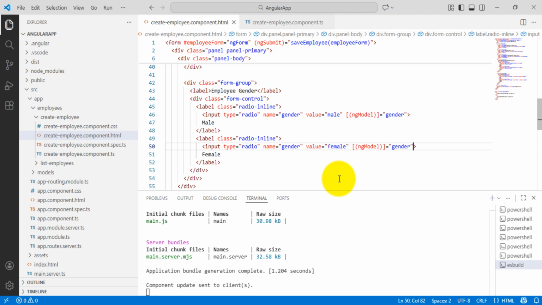So with Angular template driven forms, we use the ng model directive for two-way data binding. So the moment we put it back in place, the checked attribute doesn't work. To make it work, include a gender property in the component class and initialize it to the value of the radio button that you want to have checked by default. In our case, we want the male radio button to be checked by default. To achieve this, we need to include the gender property initialized to the value of male in the component class,